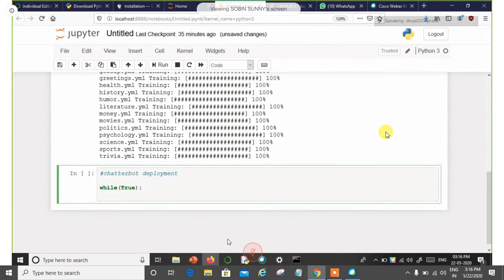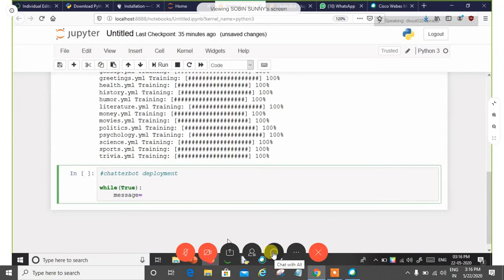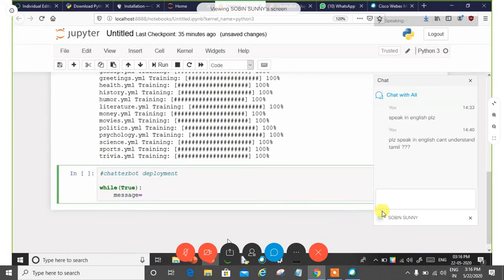It should ask for an input from the user, right? It should ask for some message from the user. Once after training, once everything is ready, the chatbot should ask us for an input. So what shall I do now? We just need to get some input.